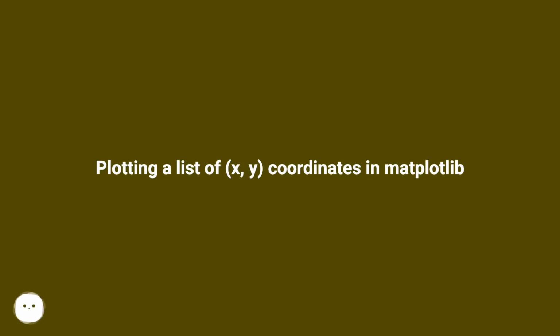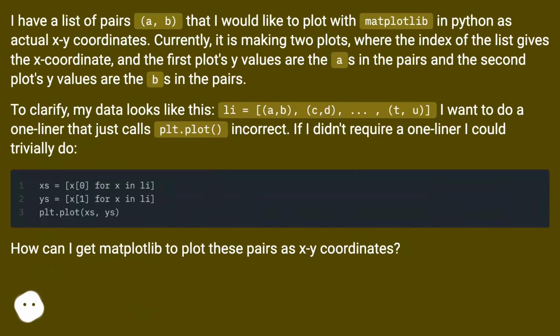Plotting a list of x, y coordinates in Matplotlib. I have a list of pairs, a, b, that I would like to plot with Matplotlib in Python as actual xy coordinates. Currently, it is making two plots, where the index of the list gives the x coordinate, and the first plot's y values are the as in the pairs and the second plot's y values are the bs in